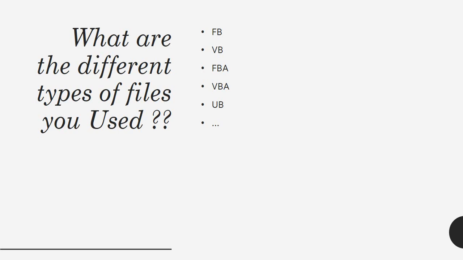You can mention that you have used fixed block, variable block, FBA, VBA and undefined block. When do we use fixed block? When we receive a flat file with comma delimited, space delimited or tab delimited data, we receive the files in fixed block. At the same time, variable block is used if you have variable size records. FBA and VBA are where we especially have reports. And undefined block is where all the load modules come under, that is UB.